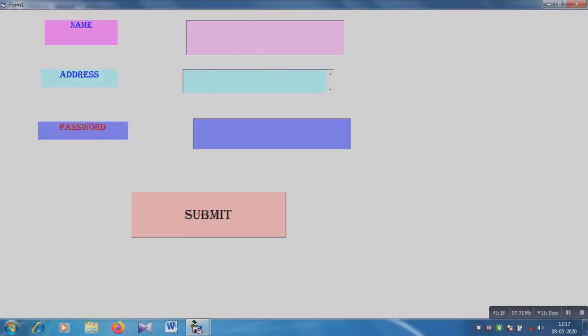I am giving the name, suppose Ranjan Gupta, then address suppose Kolkata, and then suppose India. Okay, see the two lines, Kolkata and India. Multiple lines we can insert.